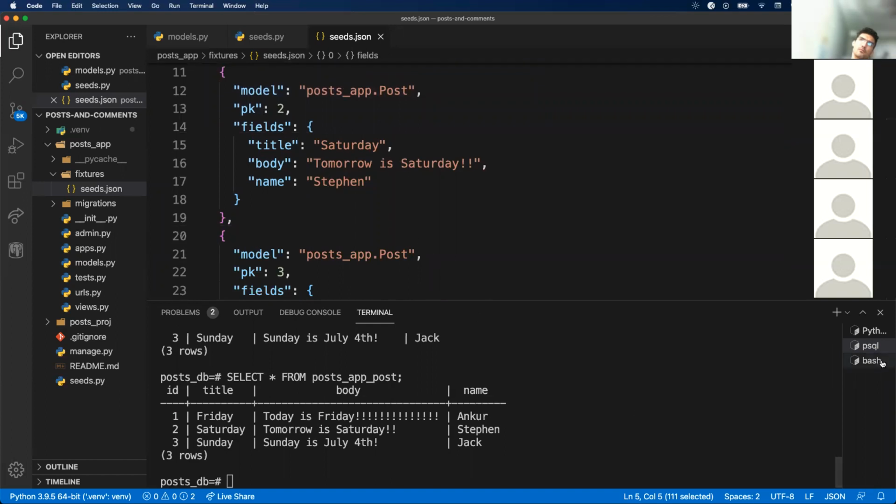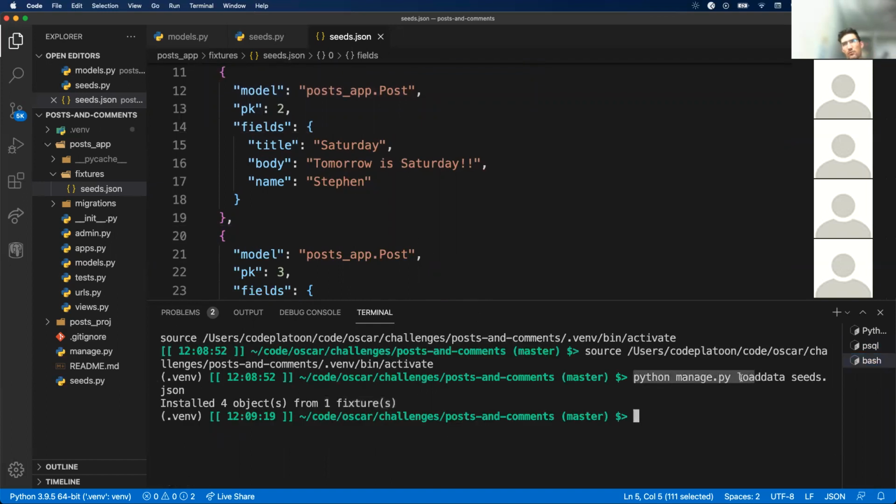So when I run the command manage.py loaddata seeds.json, I don't know if this is the command you're looking for, that's specifying I want to run my seeds.json file, and loaddata is going to load it into my database that's hooked up. Okay. Oh, that's not the command. I was looking for the